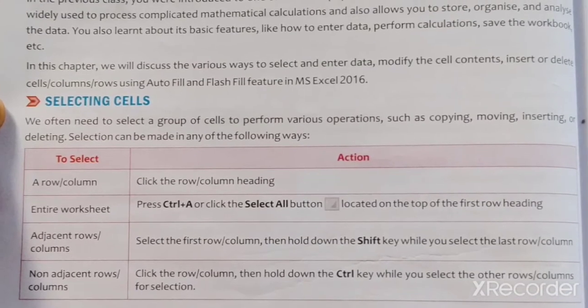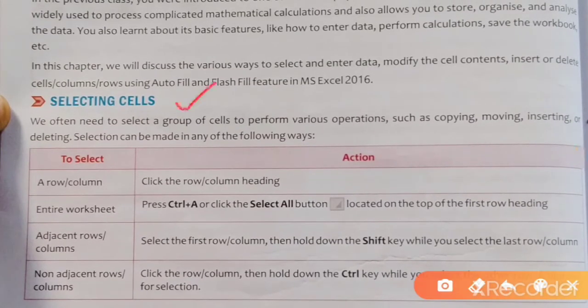And we are going to start the first topic for today, that is selecting cell. This is very simple topic. You all must be aware that in Excel it contains rows and columns. The data is arranged in tabular form in rows and columns, and the vertical areas that are provided are called columns, and horizontal we have the rows. Rows are represented horizontally and columns are represented vertically, and intersection of a row and column is known as cell. You must remember, the intersection of a row and column is called cell.